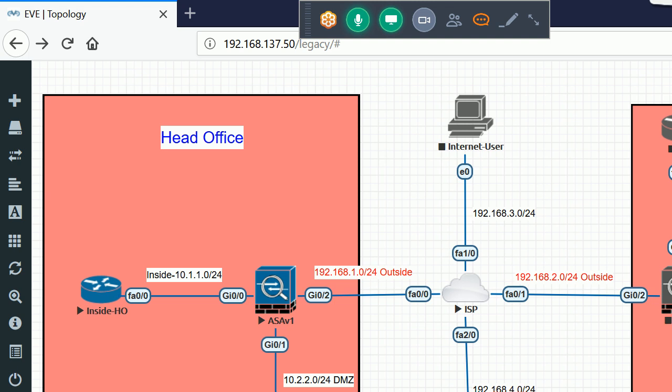In the DMZ, basically we put our servers which also need to be publicly available to internet users. So let me also configure the telnet service on the DMZ, and the HTTP service over there. After that, I'll configure the static NAT so that the DMZ server is available to the internet users as well.